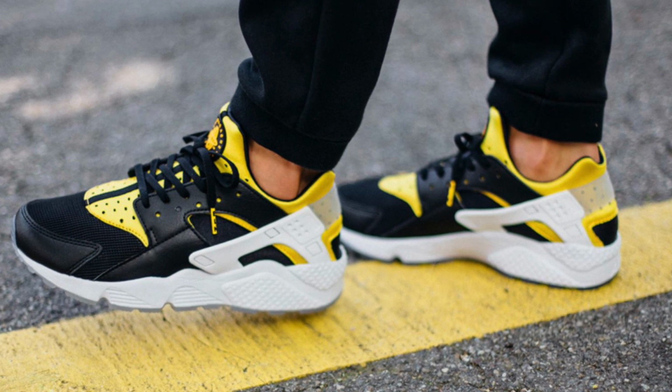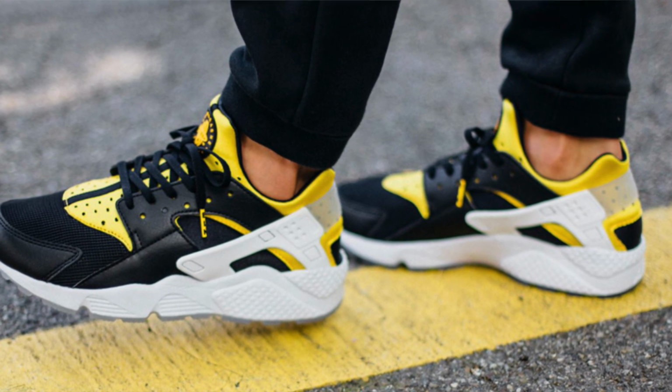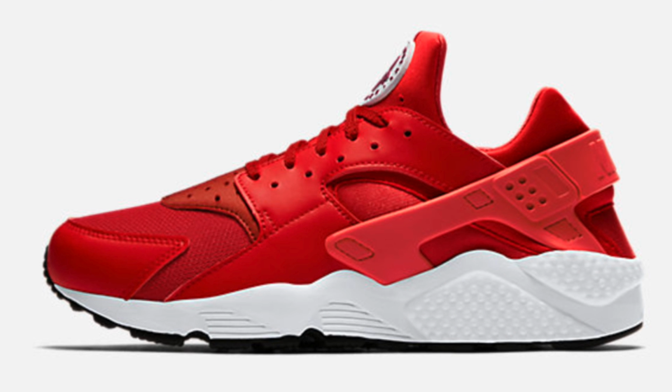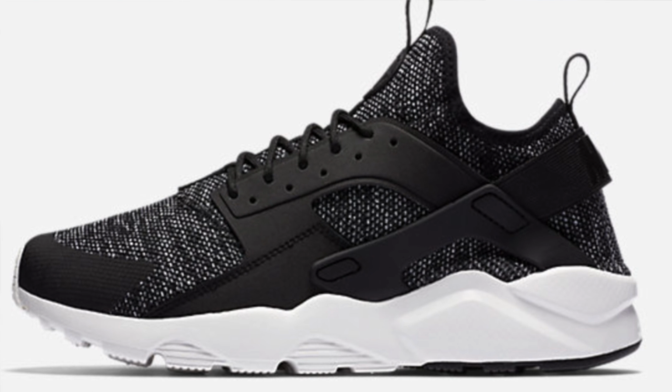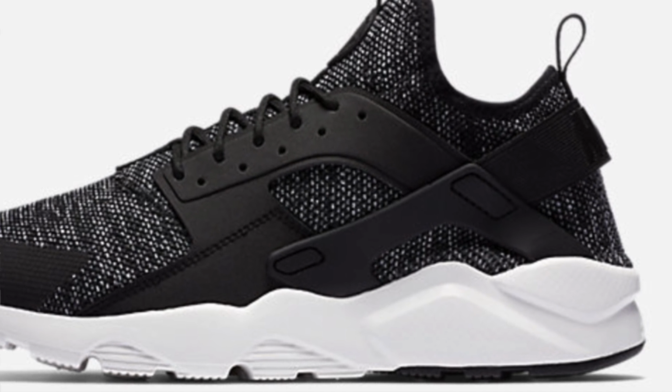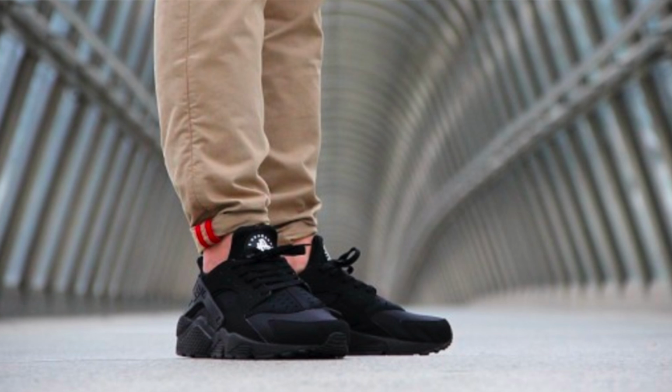So next on the list is the Nike Air Huarache. This shoe is definitely one of those ones that's kind of a staple in general, back to school or not. It's a really comfortable model. I recommend going up half a size at least. I personally think that the Huarache has a snug sort of fit similar to the Ultra Boost. You may agree or disagree,